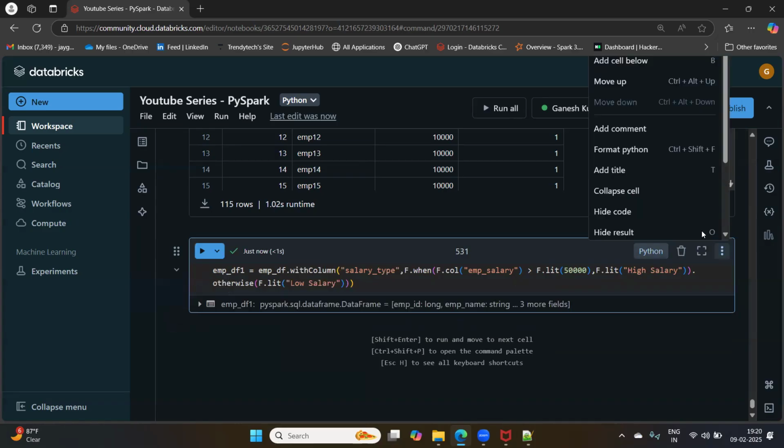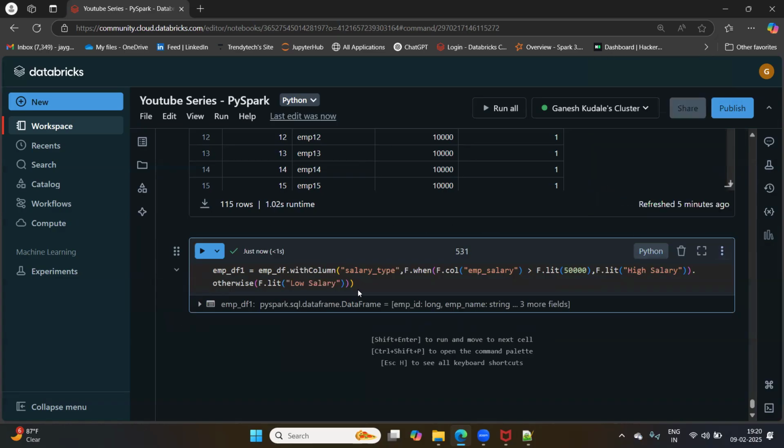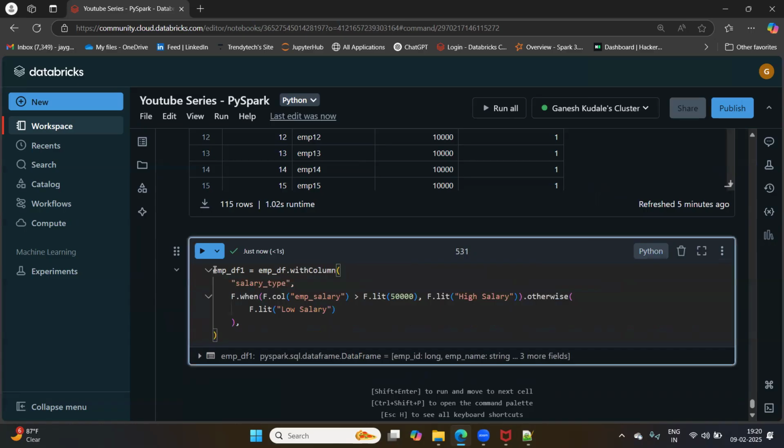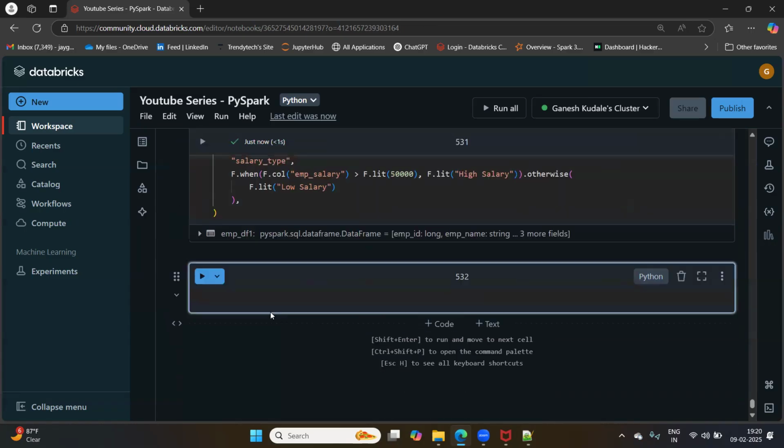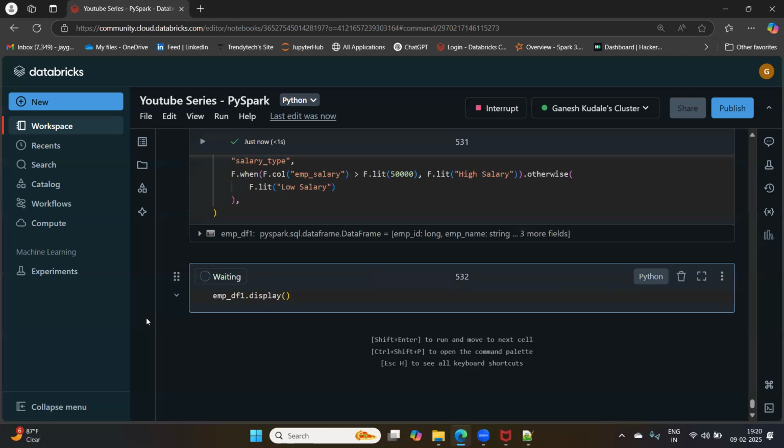Yes, this is successful. Let's format this. Where is that format Python? Okay, yes, it has formatted. This looks like more formatted code. Now, if I display this, it is